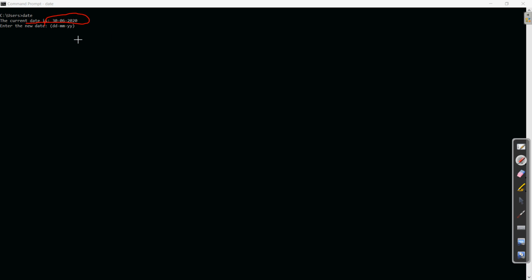In the same way, whatever you have to write, you will have to write with the help of commands only. Right now I am using the pen to show you, but we can't use the pen here if it is an actual CLI, that is command line interface. Clear? So see here, you don't have the icons and menus as we use in Windows. Clear? I hope it is clear now. You can write more commands.